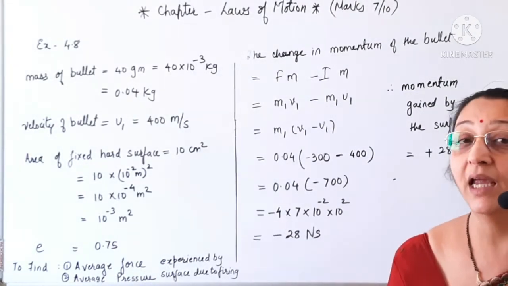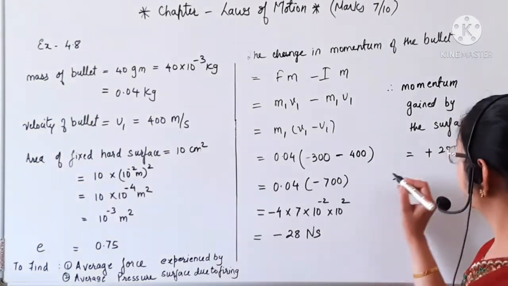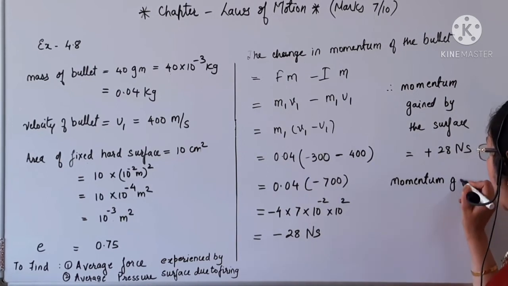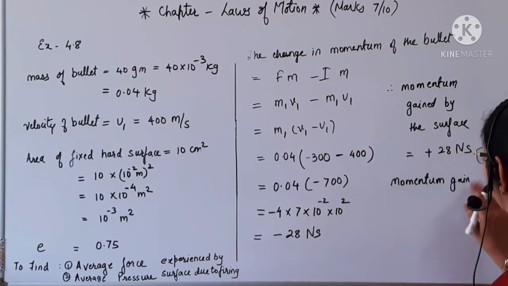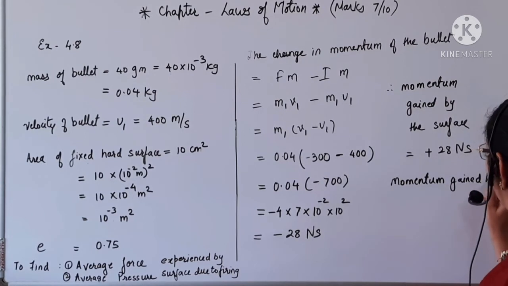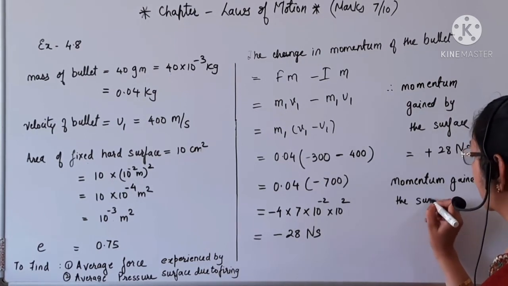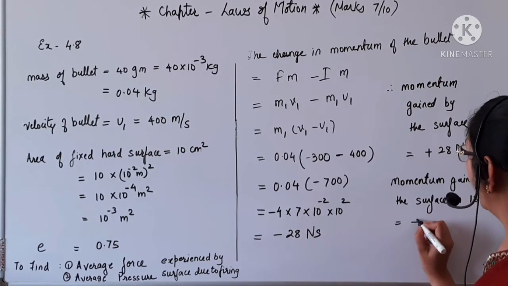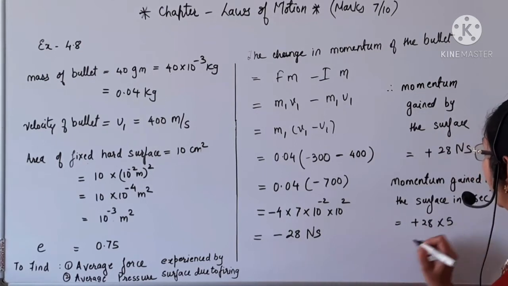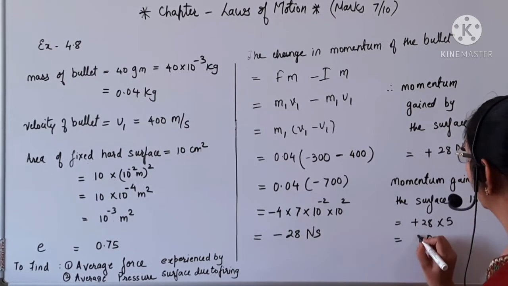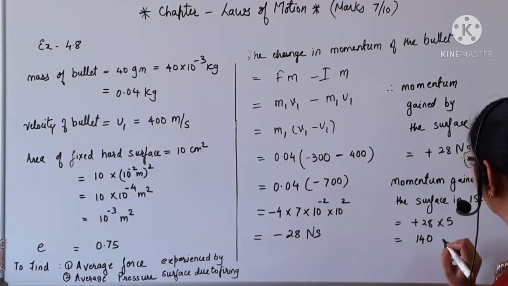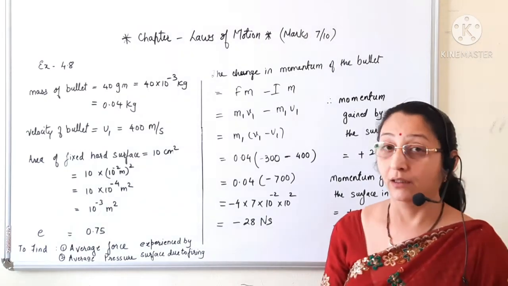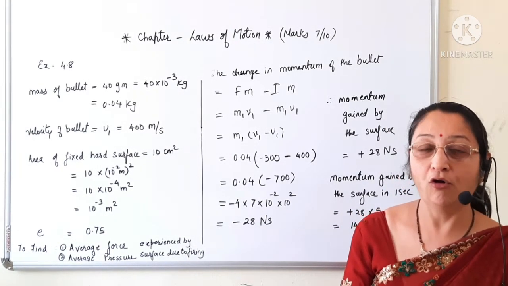So, the momentum gained by the surface in 1 second is equal to plus 28 into 5. That is equal to 140 Newton. Now, according to Newton's second law of motion,